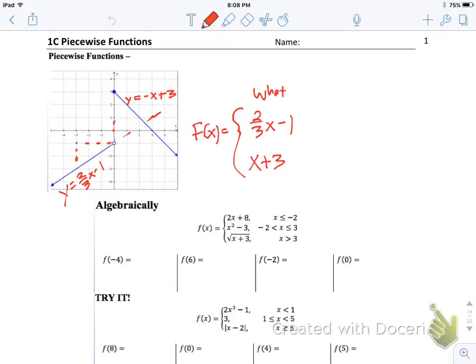So what we do for a piecewise function is that you have to be more descriptive, because you can say to somebody, hey, my function is 2/3 x minus 1 and x plus 3. And they go, which one? What do you mean? So you actually say, well, those are the two, but you have to specify when they